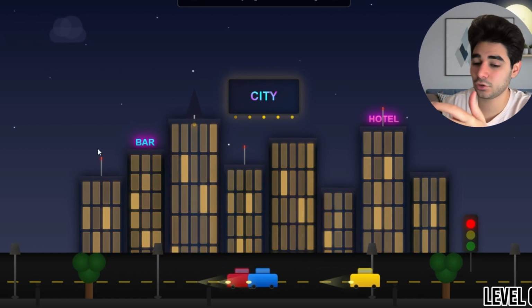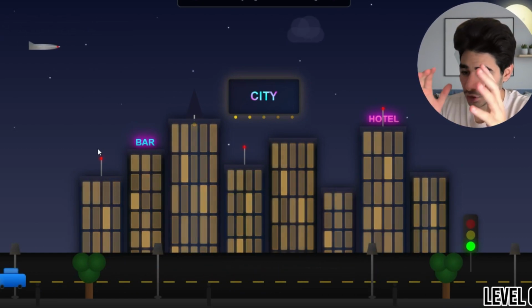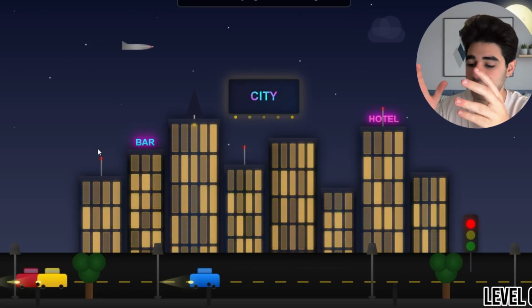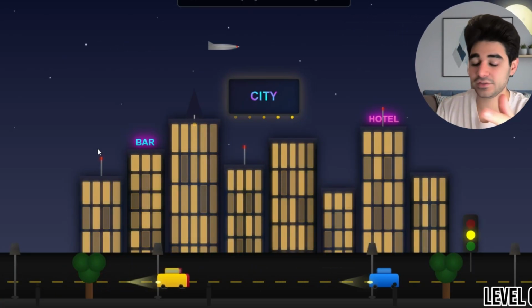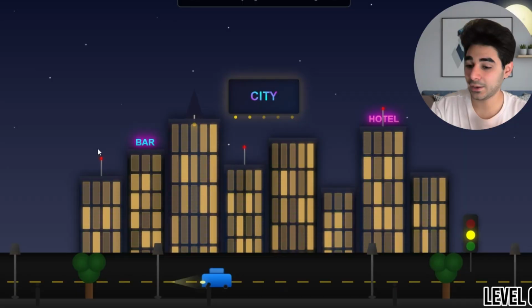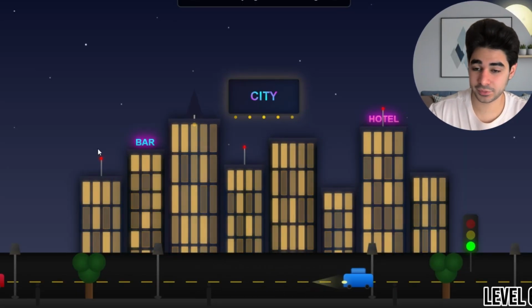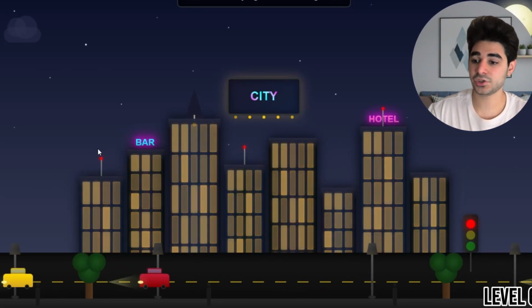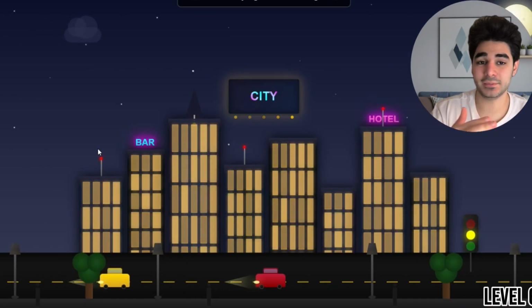It has a moon, clouds, an airplane, a bar, a hotel, cars, trees, street lights, and all the things that a city needs. I'm so happy to finally finish this project, and honestly, this project was one of my favorite and most amazing projects